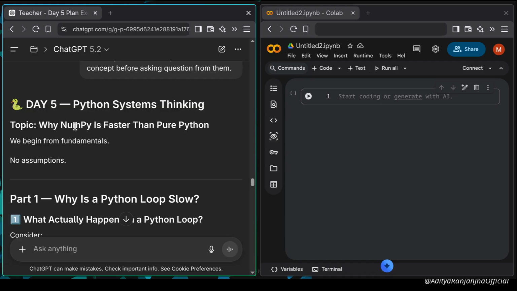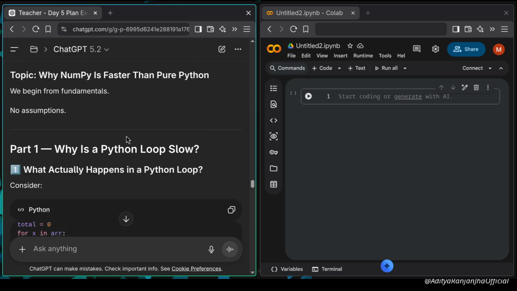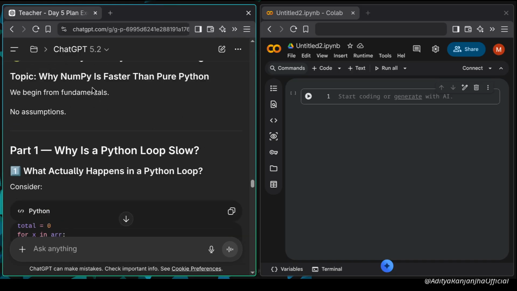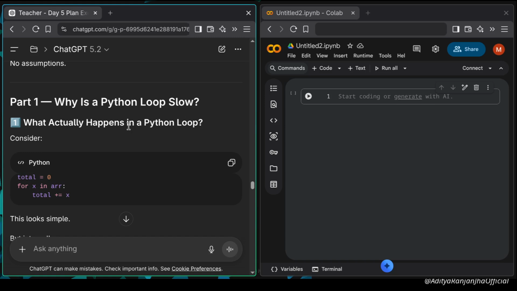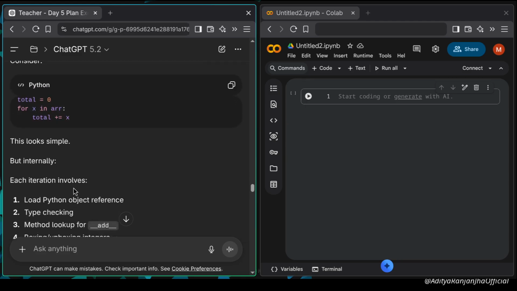So topic is why NumPy is faster than pure Python. Now we begin from fundamentals, no assumption. And we have studied multiple reasons why NumPy is faster than pure Python. But let's go again. So part one is why is a Python loop slow? So what actually happens in a Python loop is that this looks simple, but